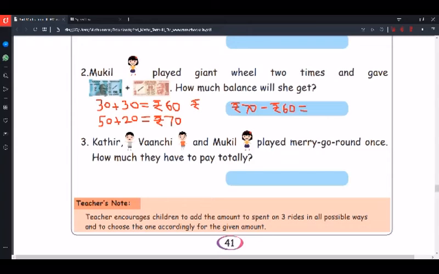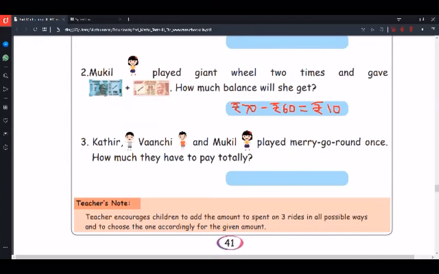So, what is 70 minus 60? It is rupees 10. Okay. So Mugil will get the balance of rupees 10 from the giant wheeler. Okay. The next one,